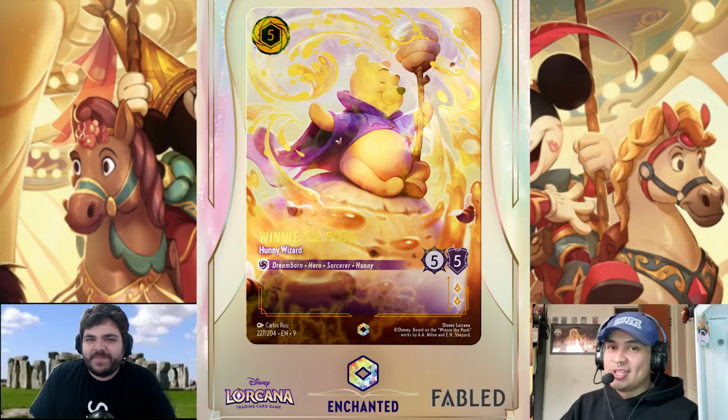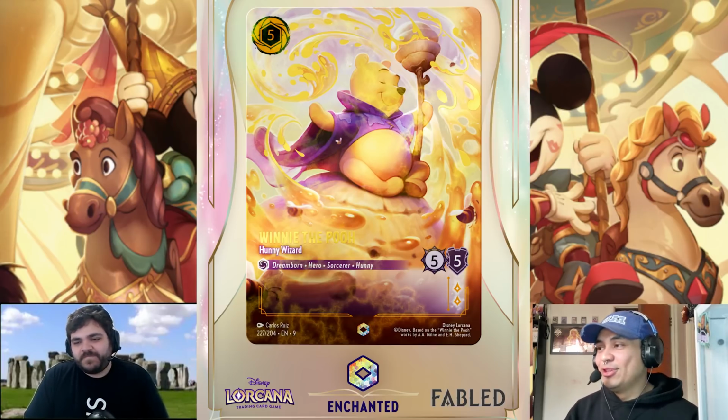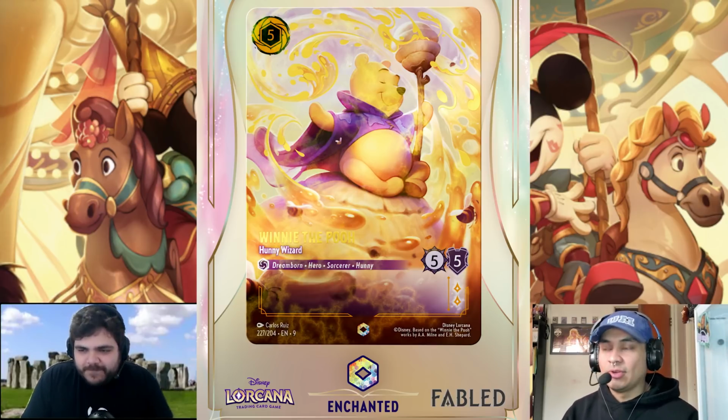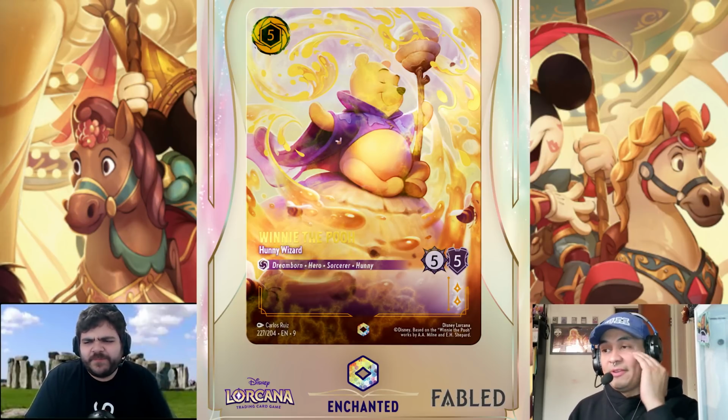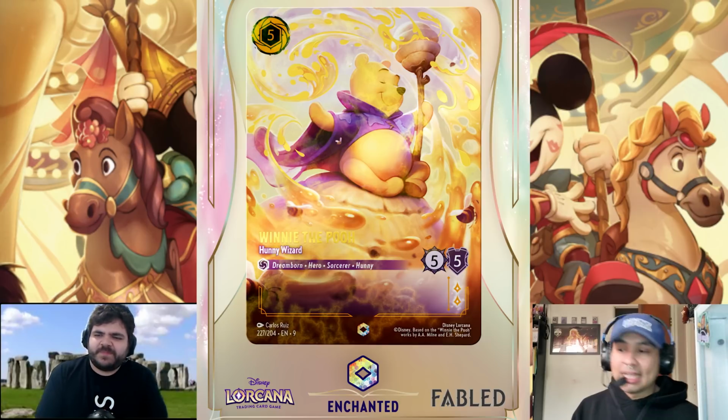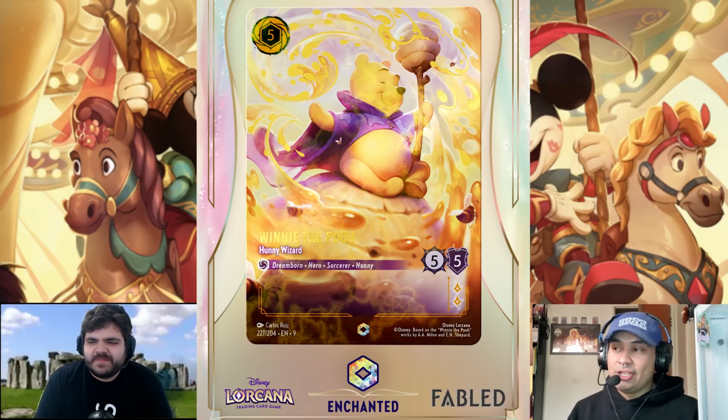Oh yeah, bro looks locked in. Winnie the Pooh is one of the IPs that a lot of people ask for alongside Stitch and stuff like that. But yeah, man, Fabled, yes, absolutely. Fabled's gonna do a lot for the game. I almost feel like this is the main conversation that's being had right now: set 9, Fabled, and rotation, and all these reprints and stuff. There's a lot of potential